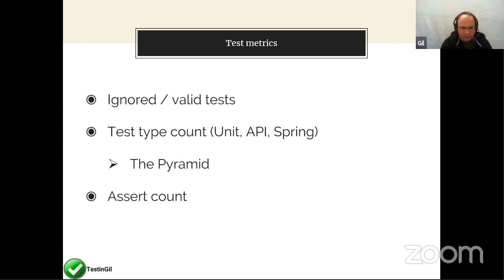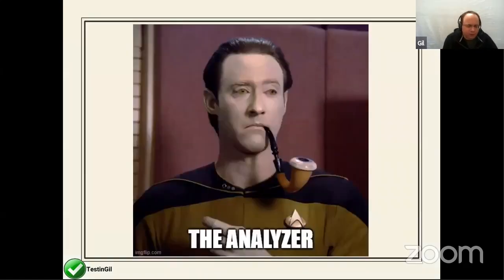And the final thing was the quality of the test. What are we checking there? And this is the asserts. Now, how do we do that? Now, that was a problem. You can't get this information because nobody collects it. It's not in SonarQube. It's not in